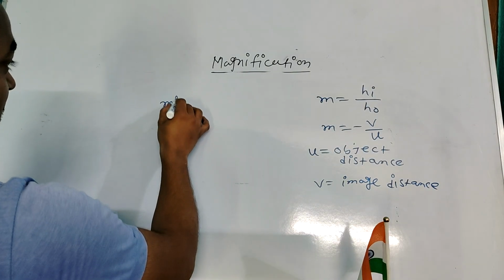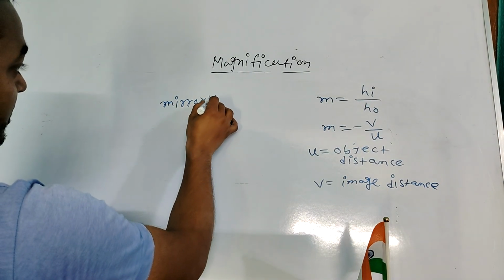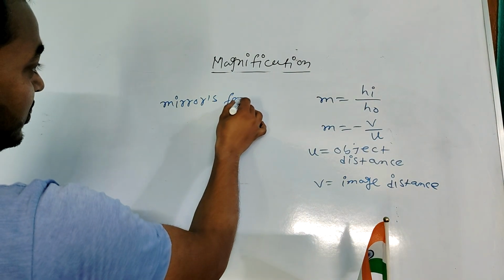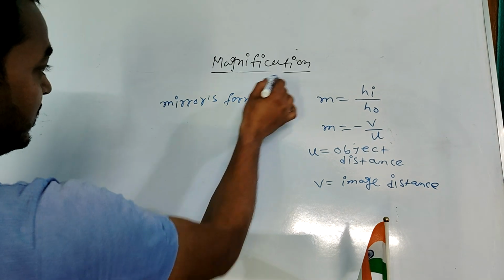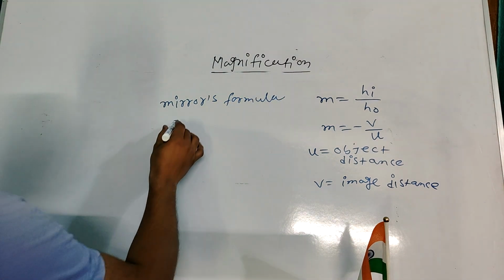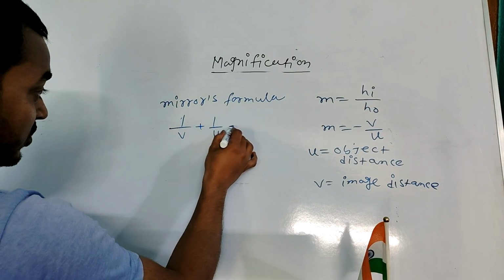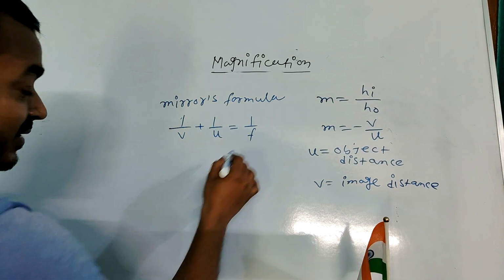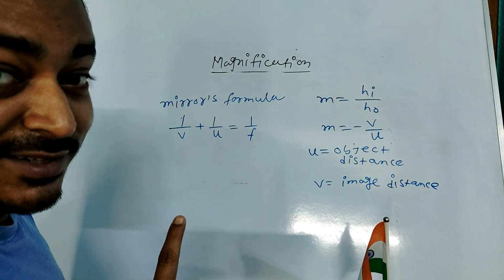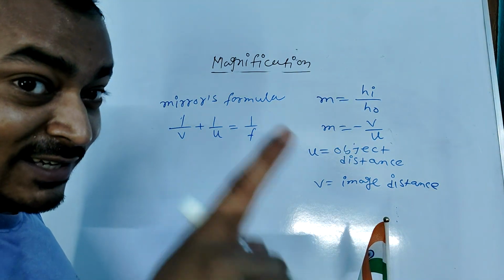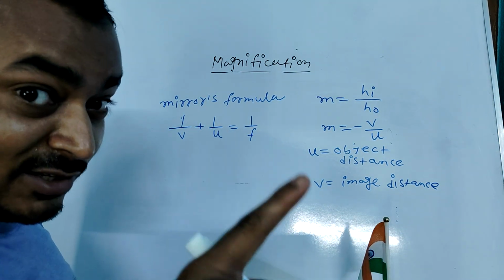So we'll start from the mirror formula. What is the mirror formula? 1 by v plus 1 by u is equal to 1 by f. The derivation is also done in class 10 light 2,